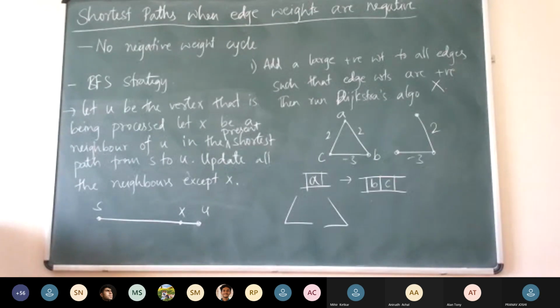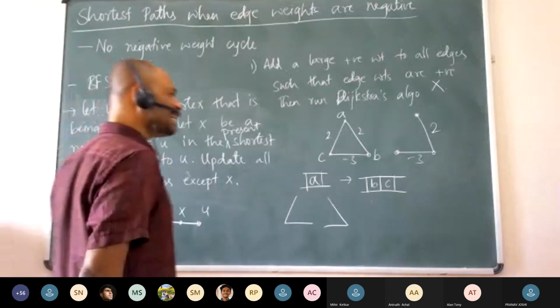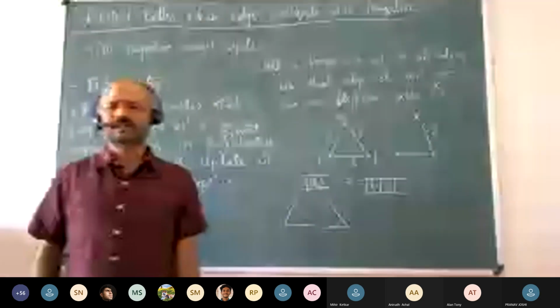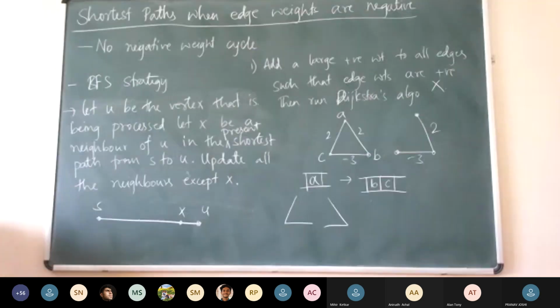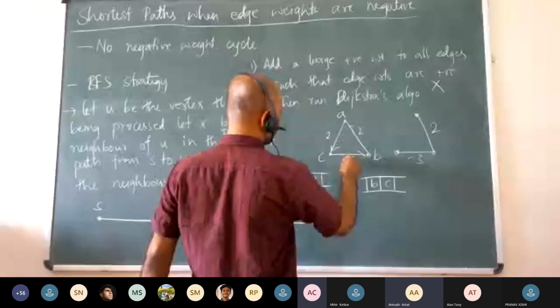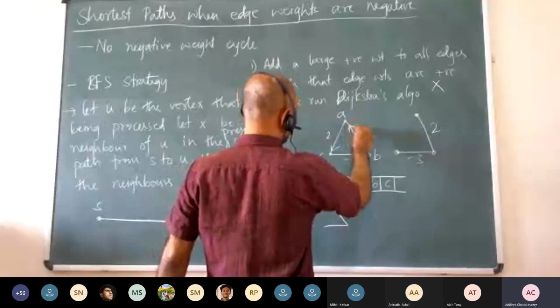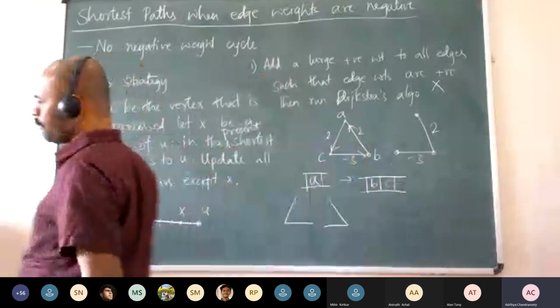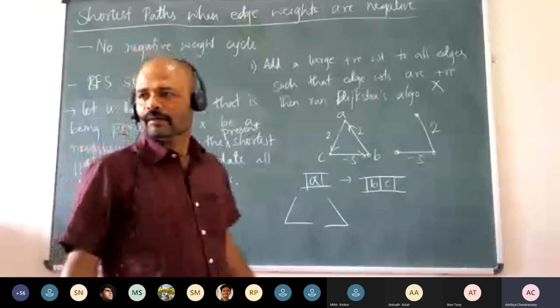But what if the graph is directed? Will the algorithm, whatever you said, go through? Suppose the graph is directed. Then we couldn't go back and forth, unless there was actually a cycle, unless there was an edge from B to C and C to A. If you visualize this as a directed graph, then this has a negative cycle, which kind of proves that you can't make it.